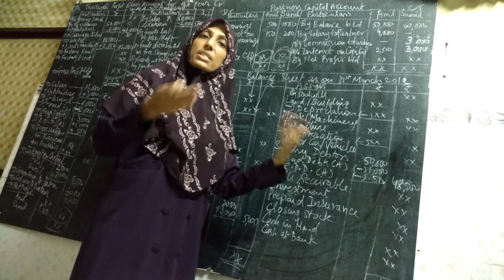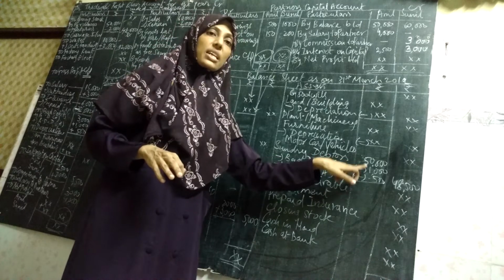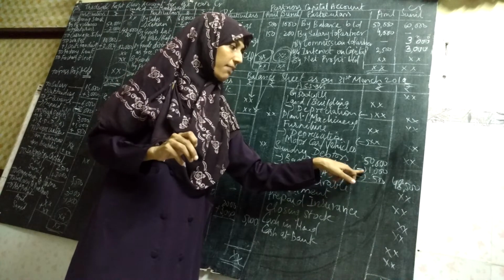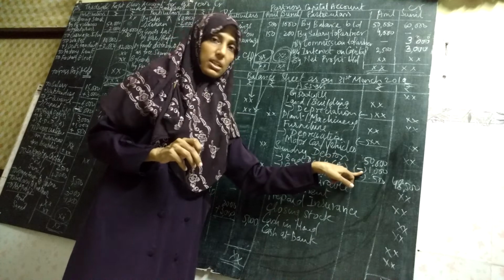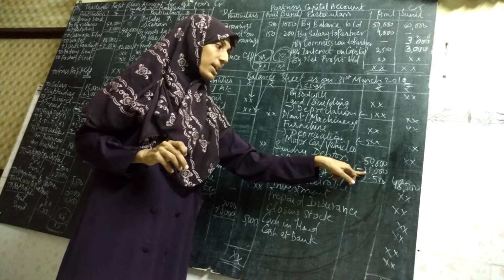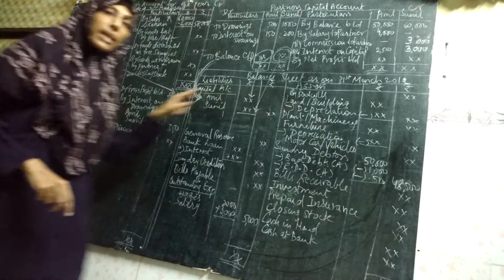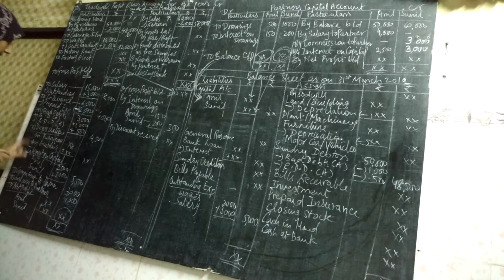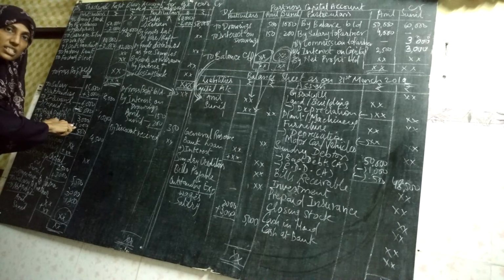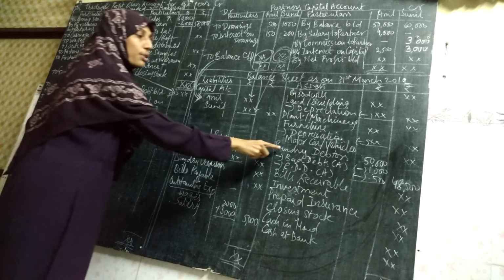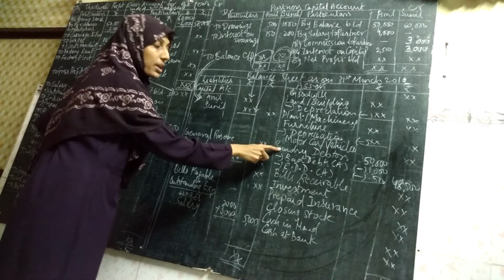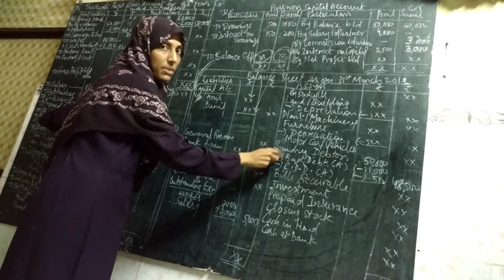So am I going to receive 1000? No. Out of 50,000, I am not going to receive 1000, so I have to minus it: 50,000 minus 1000. This 1000 is not recoverable, therefore it is a loss to the business. Therefore I am writing on the debit side of the P&L account: bad debts as per adjustment, 1000. In the last video also I have shown it, bad debts as per adjustment, it is 1000 here. It is a loss to the business, so P&L account debit side. And since I am not able to recover my 1000, minus from the debtors.